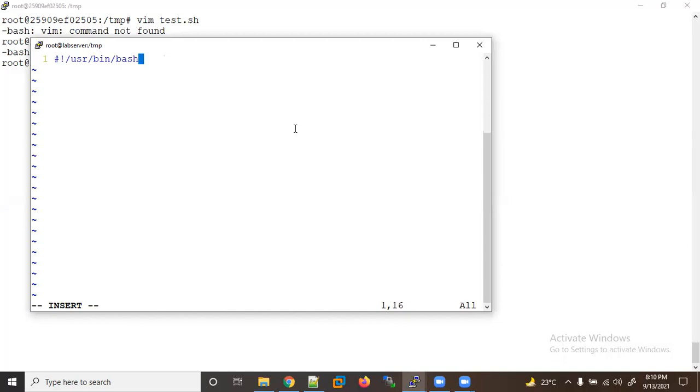For example, I'm writing a shell scripting code, so I need to mention bash here. It is called the shebang, and this is the method to declare it. And cat, and let me make it a double. So what I will do, I want to update a DNS server entry, cat /etc/